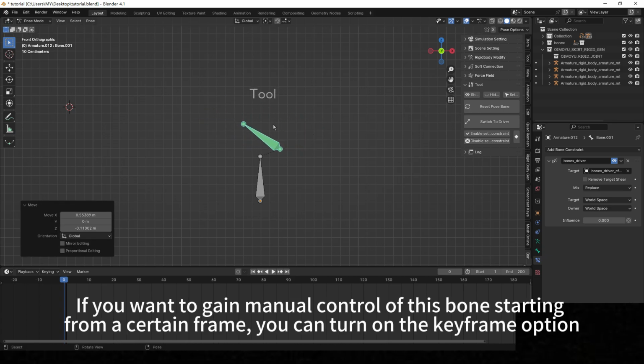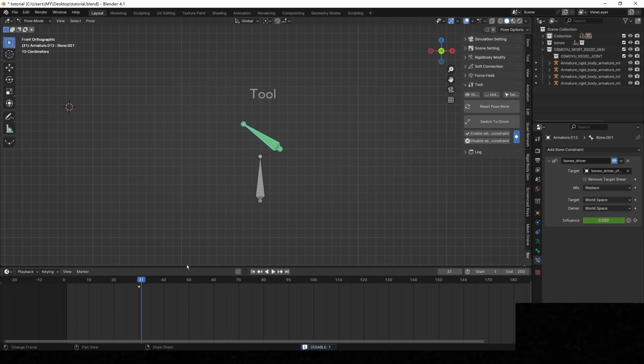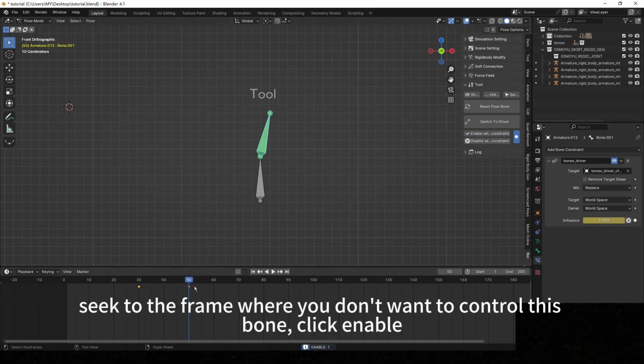If you want to gain manual control of this bone starting from a certain frame, you can turn on the keyframe option. Turn on the keyframe option, then click Disable. Seek to the frame where you don't want to control this bone. Click Enable.